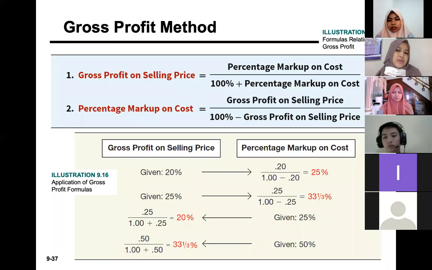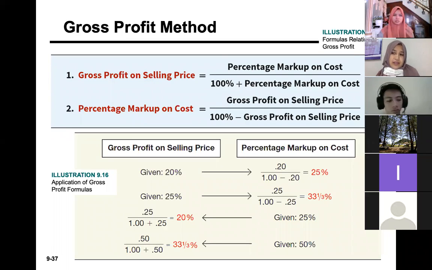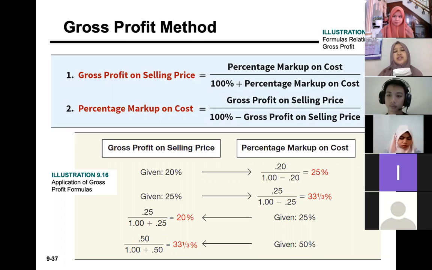How do we get gross profit? It is selling price minus cost, right? So from that component, you can maneuver the calculation. We assume that the selling price is $1, and we know the